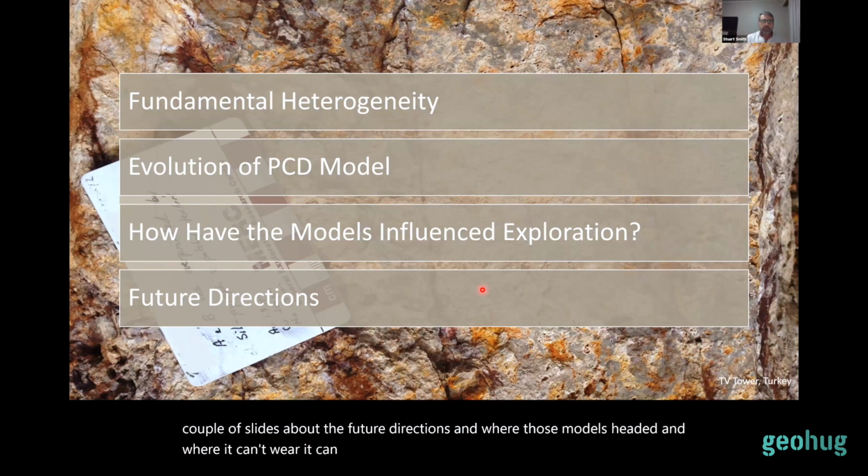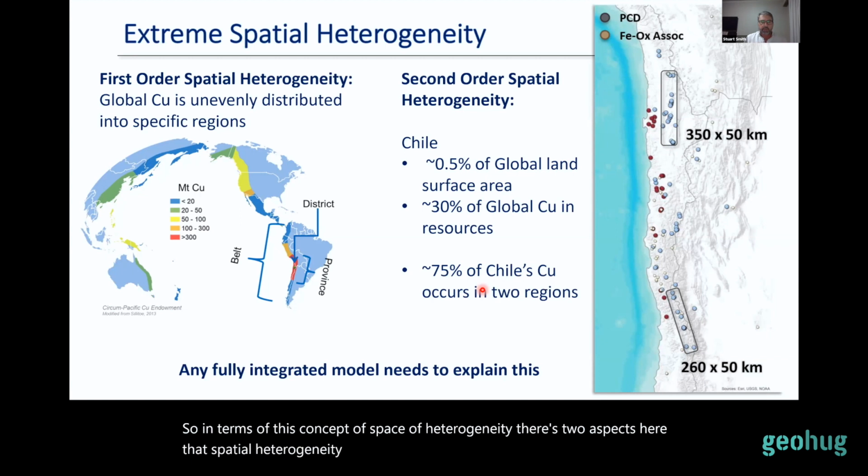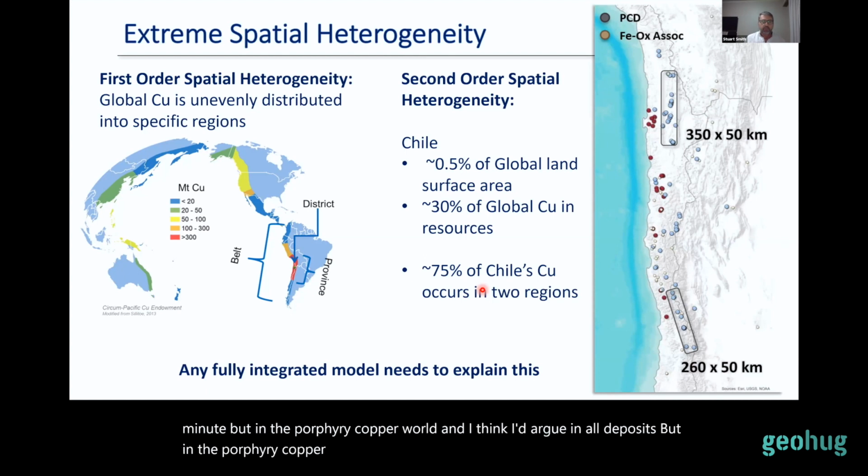So in terms of this concept of heterogeneity, there's two aspects here. There's spatial heterogeneity and temporal, and I'll talk about the second in a minute. But in the porphyry copper world, and I'd argue in all ore deposits, there's a first order spatial heterogeneity in the distribution